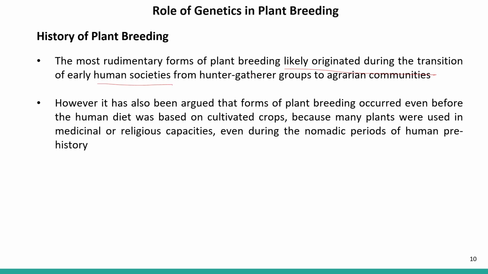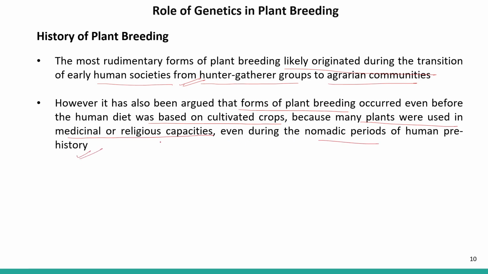The most rudimentary forms of plant breeding likely originated during the transition of early human societies from hunter-gatherer groups to agrarian communities. So when humans were hunters and gatherers, they were also following plant breeding techniques. However, it has also been argued that forms of plant breeding occurred even before the human diet was based on cultivated crops, because many plants were used in medicinal and religious capacities even during the nomadic periods of